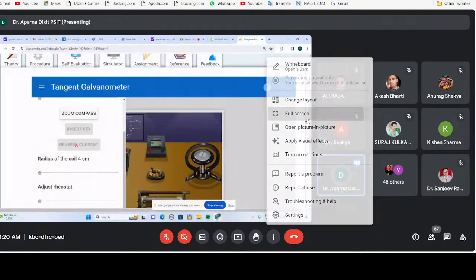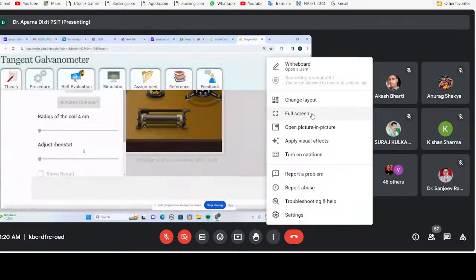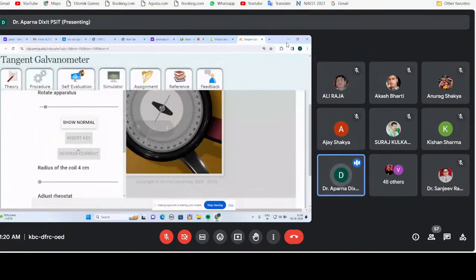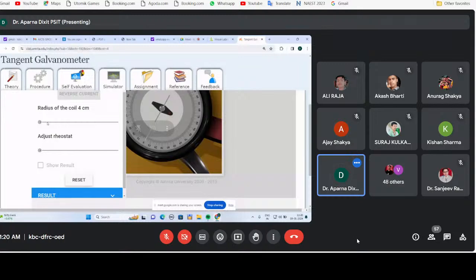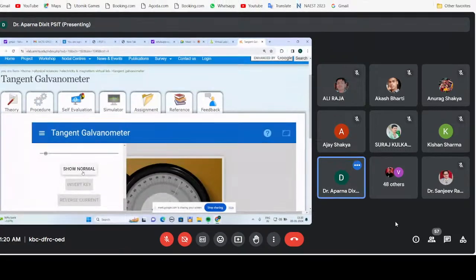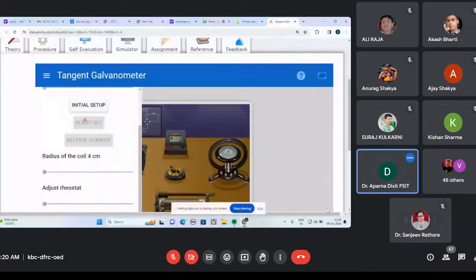And then again we can see, we need to do what? Zoom compass. Okay, when you go for the zoom compass, show normal, and then go to the initial setup,